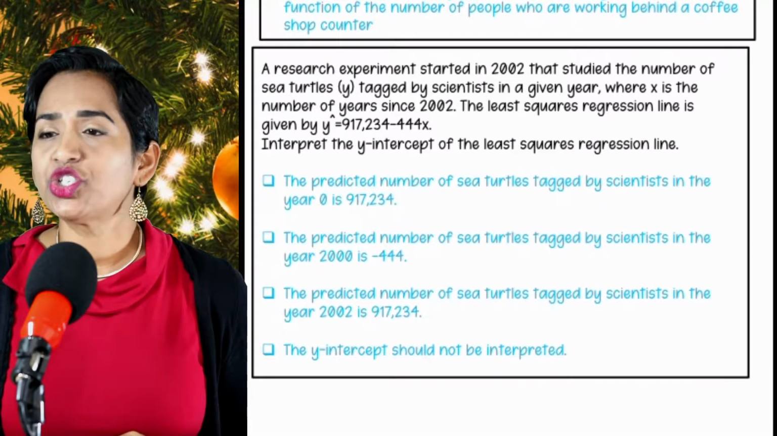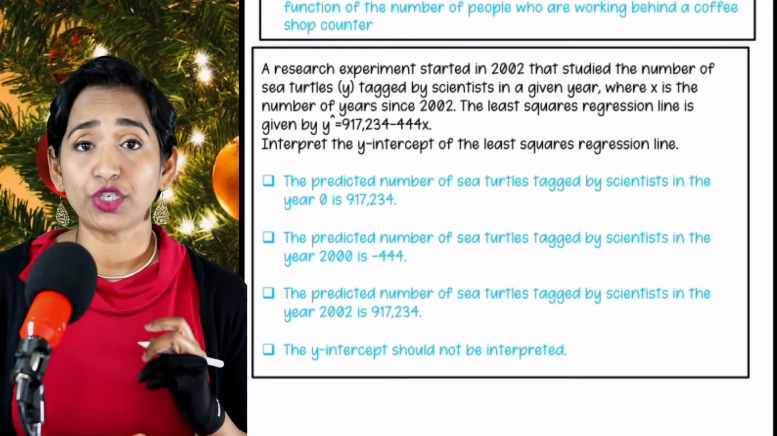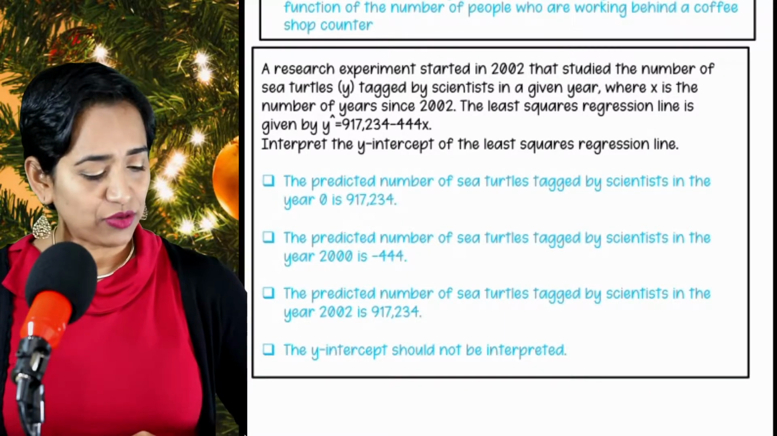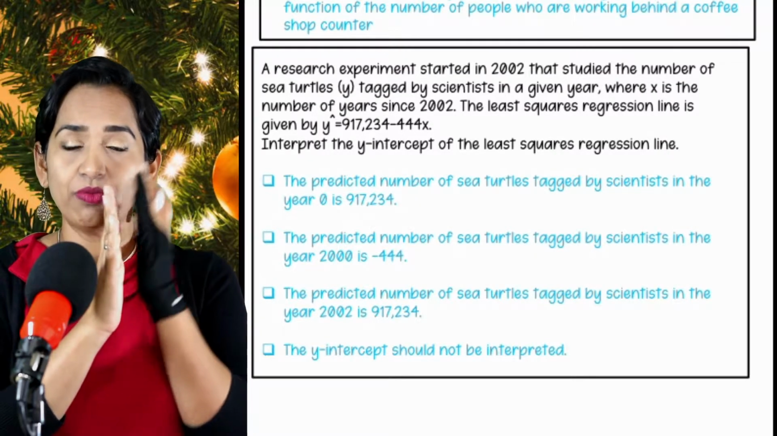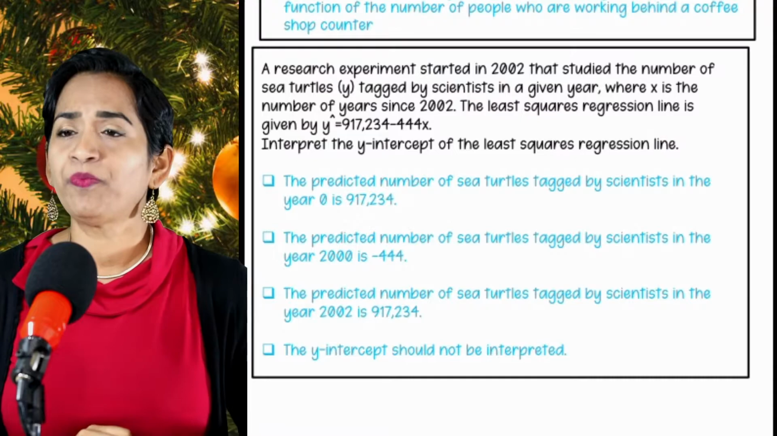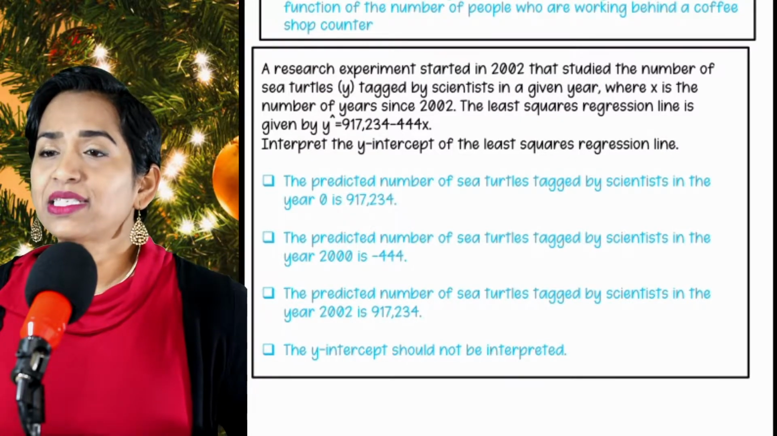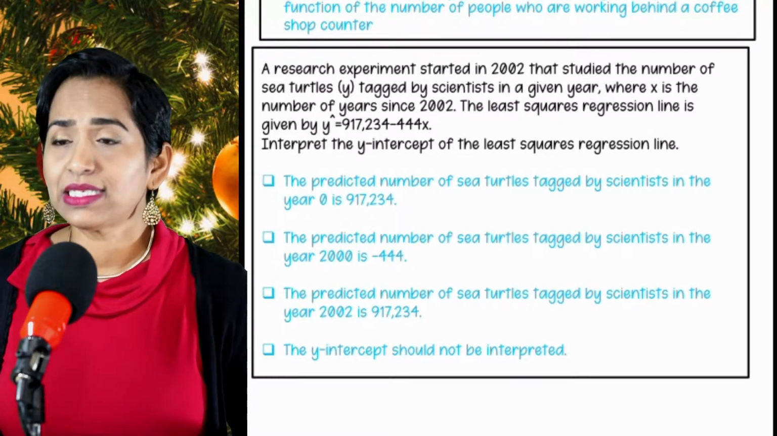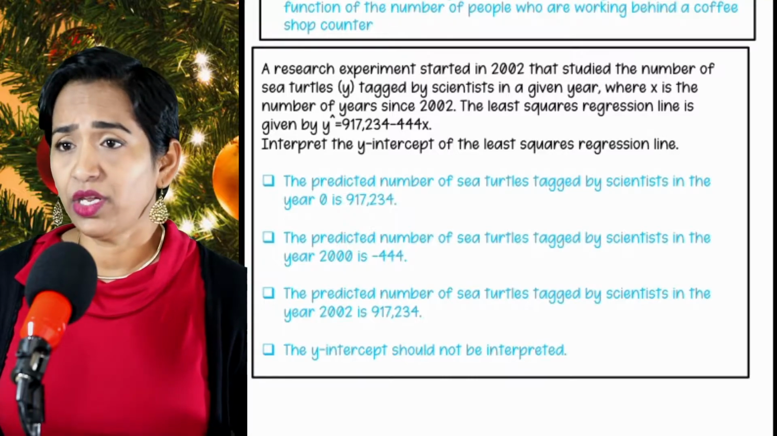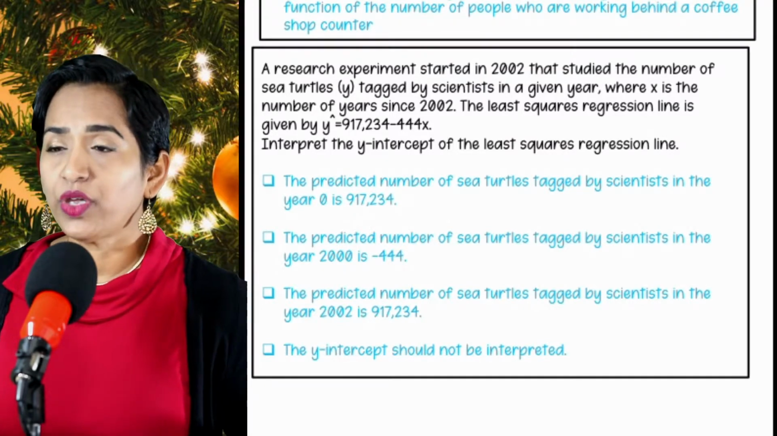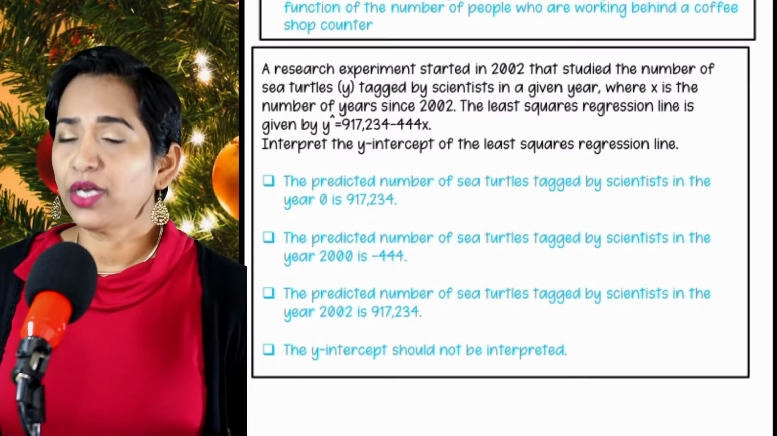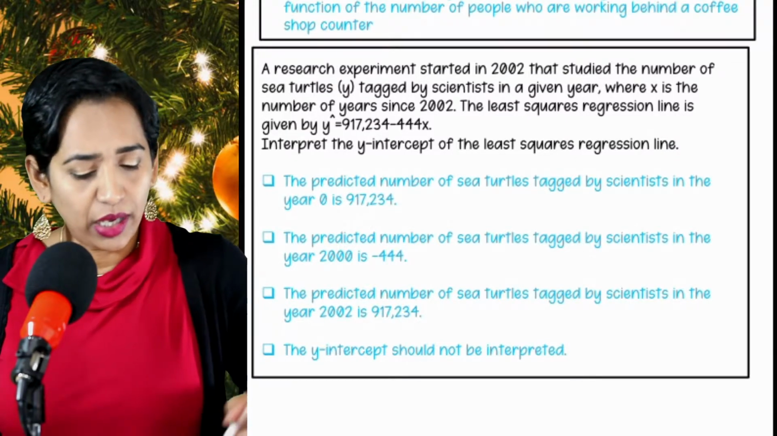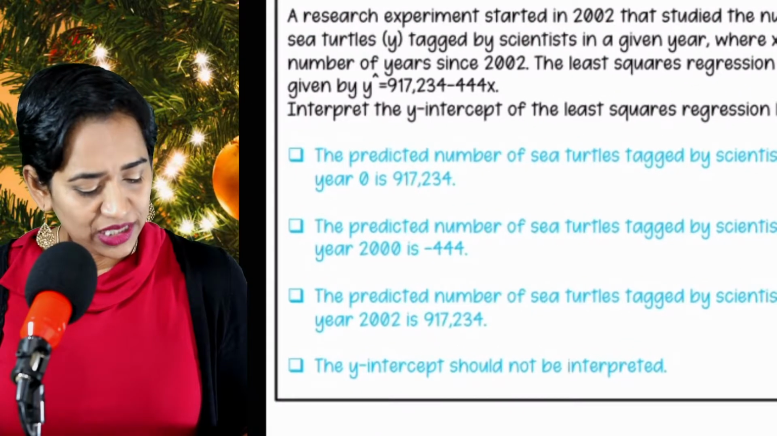A research experiment started in 2002. So the starting point is 2002. So the zero is 2002. You start at zero, but in this case, you start in 2002. It studied the number of sea turtles tagged by scientists in a given year, where x is the number of years since 2002. The least squares regression line, or the line of best fit, is given by